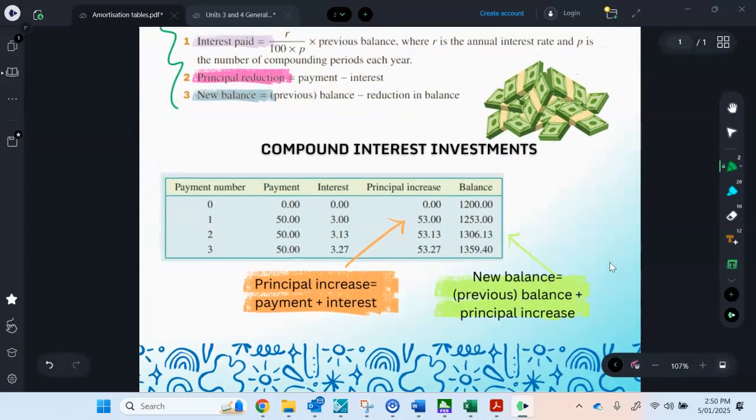All right, compound interest investments. Basically, if you're investing, this is how it's going up. You might see something similar to this on a